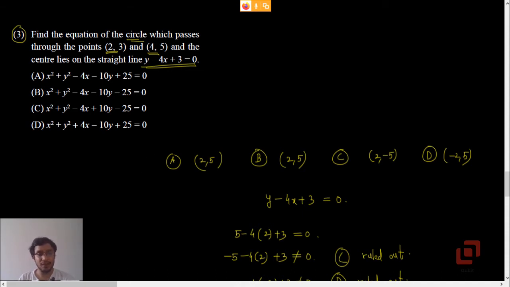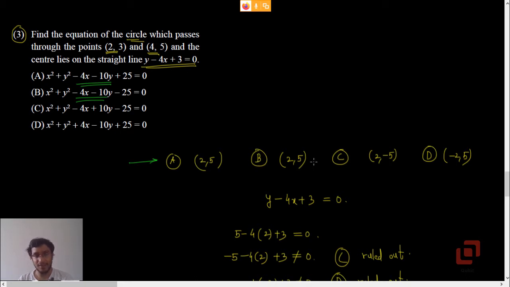Okay, so what I have done is, in the very first step, I have written down the coordinates of the center or centers of the circles in options A, B, C and D. If you go to option A, minus g and minus f are 2 and 5 respectively. So the coordinates of the center of the circle in option A are (2, 5). If you go to option B, you observe that this part is the same. So the center of the circle in B is also (2, 5).